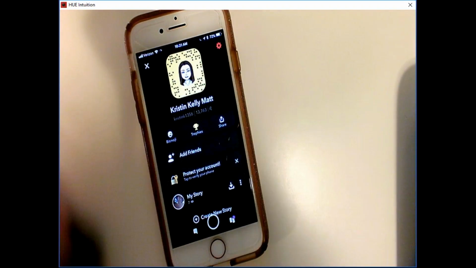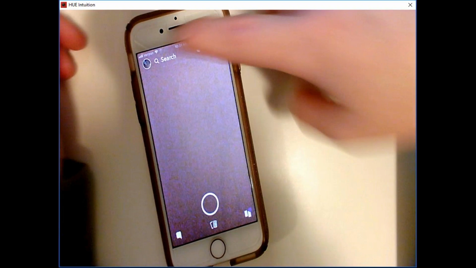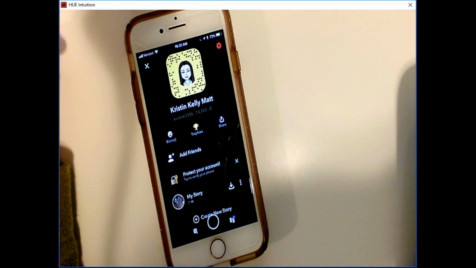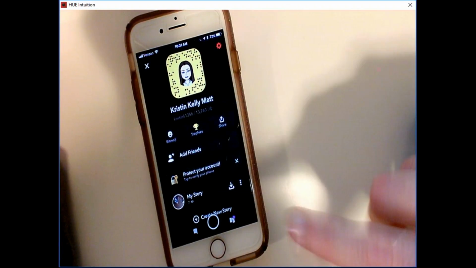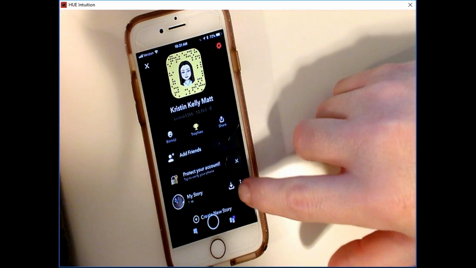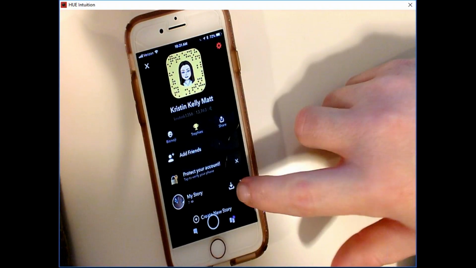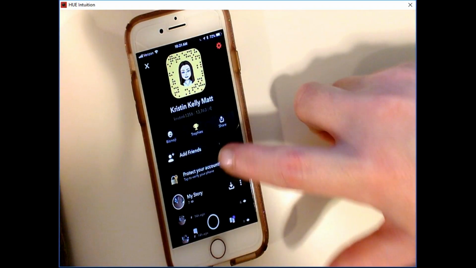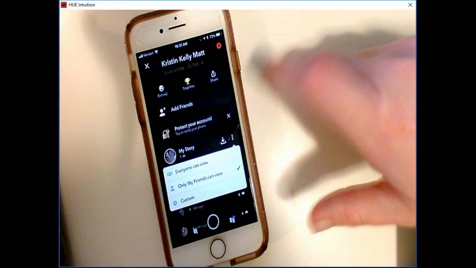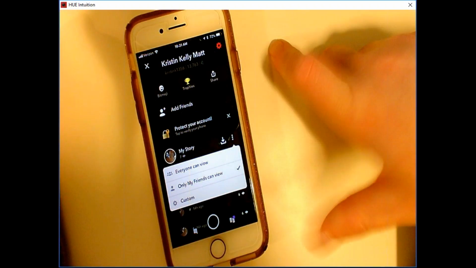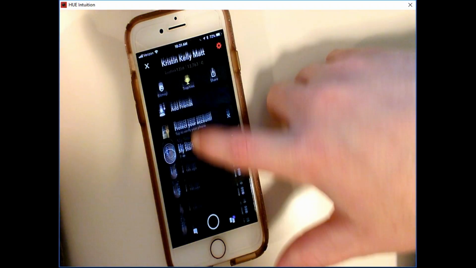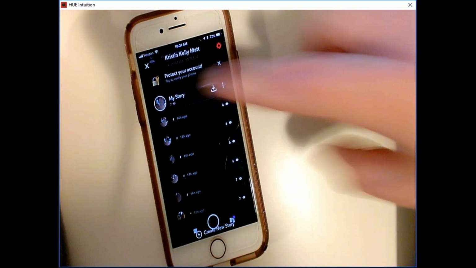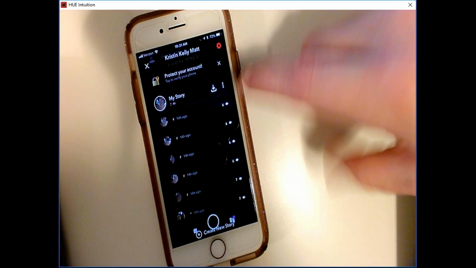And then if you want to look at your story analytics, you go right back up here to that little circle. It's going to open up your profile again, and you come down here to My Story and you click on these three dots. Click on the three dots if you want to change the privacy settings. But if you want to expand to look at each of the different snaps, you can tap on My Story, and for each individual